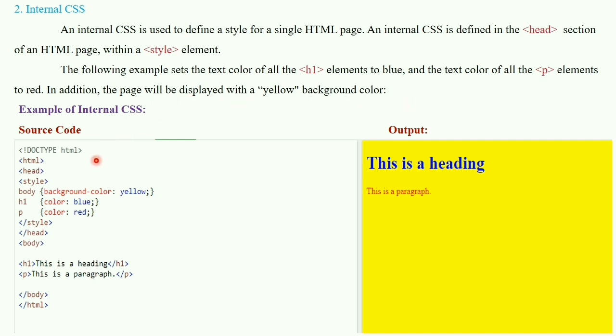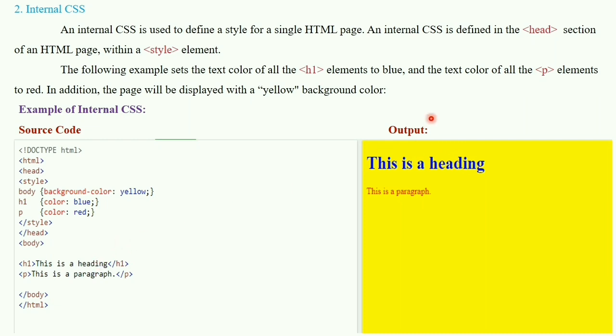So see the source code: HTML tag, head tag, style tag, selector body having property background color yellow, selector H1 having property color blue, paragraph selector color red, end of style, end of head, body tag, H1 tag, this is a heading, end of H1 tag, paragraph tag P, this is a paragraph, end of paragraph tag P, end of body tag, end of HTML tag.